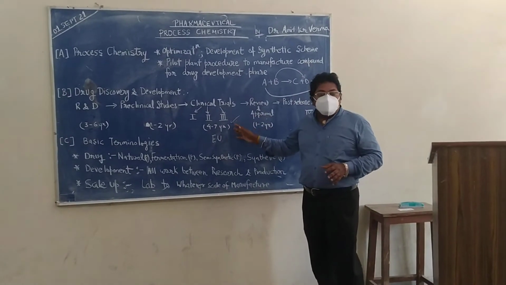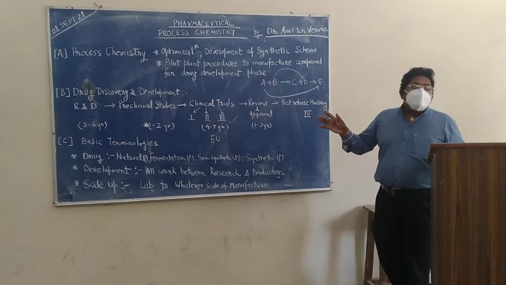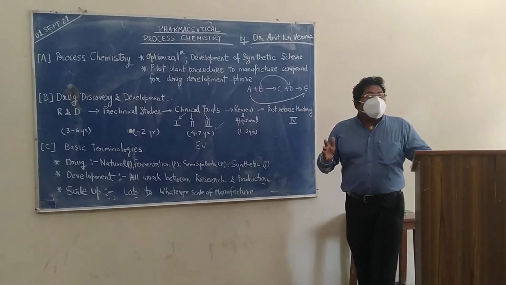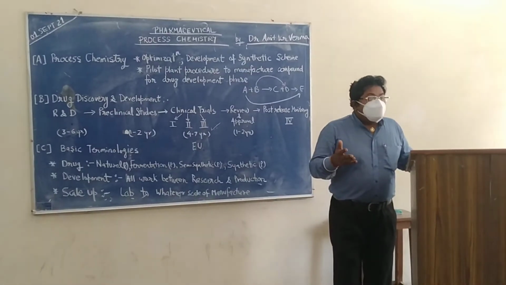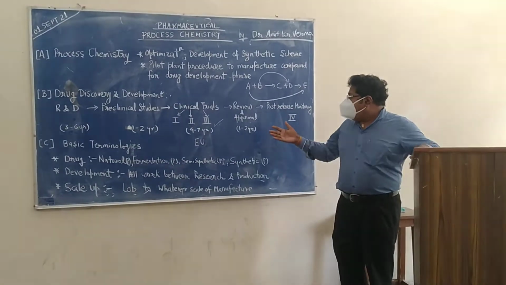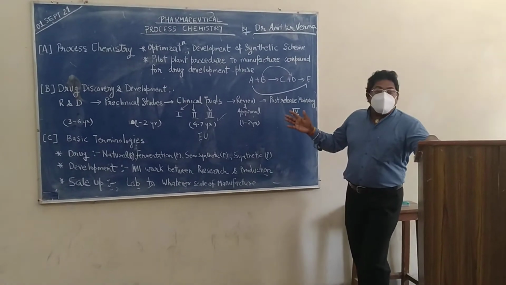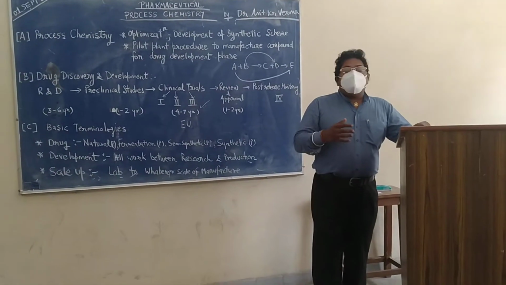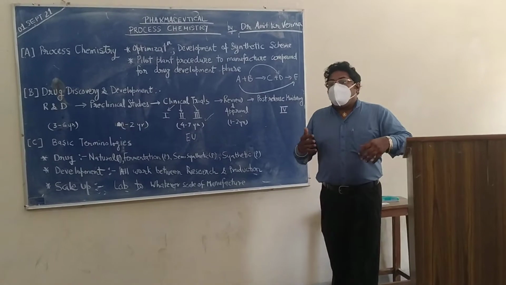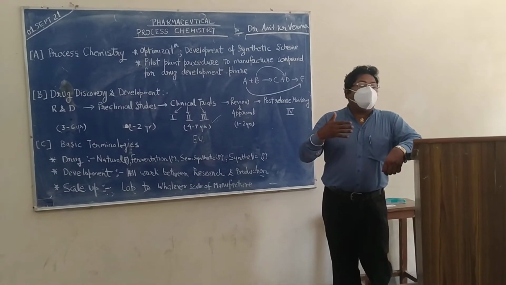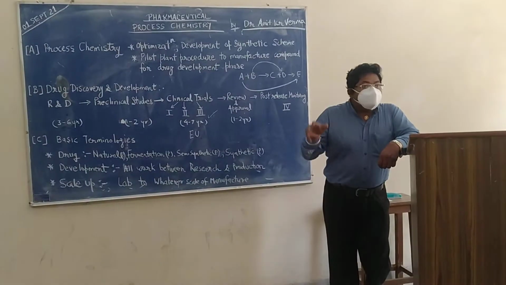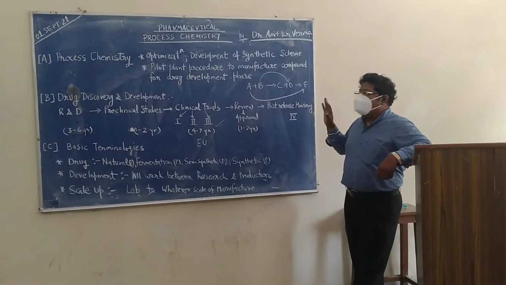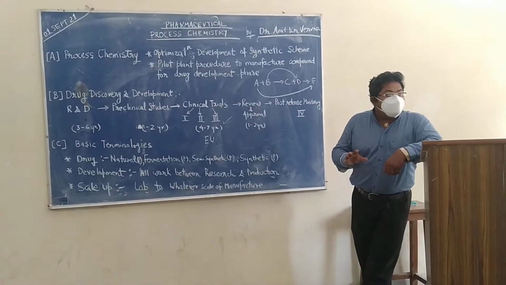After getting good results from these trials, we submit the data for review and approval to the regulatory authorities. It is different in different countries, and it takes 1 to 2 years. After approval from these authorities, the drug is launched in the market. What the drug is doing in the market, how it is affecting humans and the population, all of that is related to post-release monitoring, and it is clinical trial phase 4.